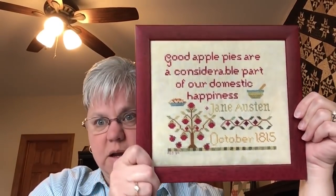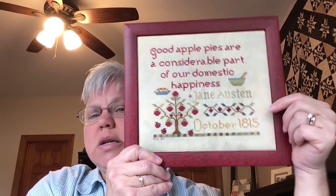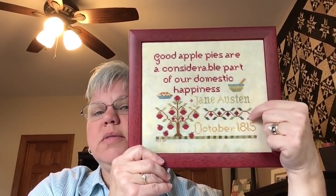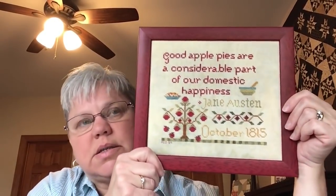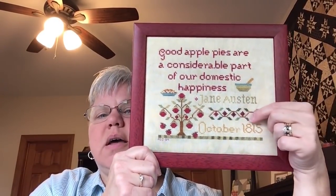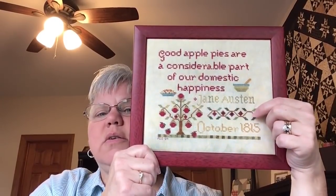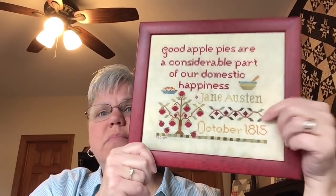Anyway, by now you're staring at it. You've seen the mistake, right? It's not so much a mistake as it's an omission. There's an apple missing right there. It jumped out at me and slapped me in the face when I was standing in the kitchen a couple weeks ago. So my conundrum is, do I try to casually, carefully, from the top, stitch in that other apple, which I maybe...